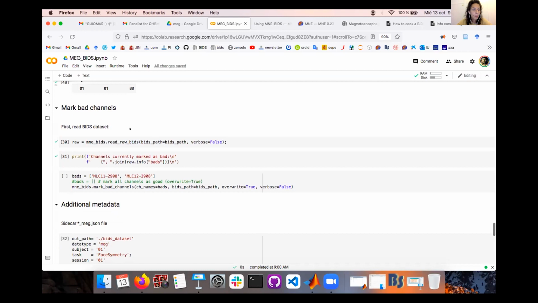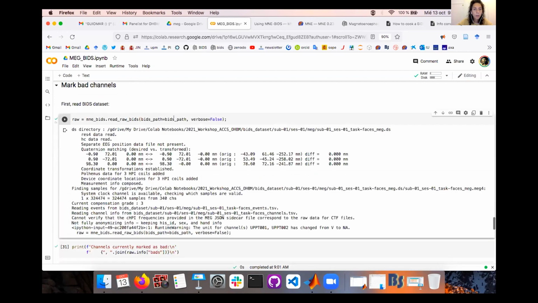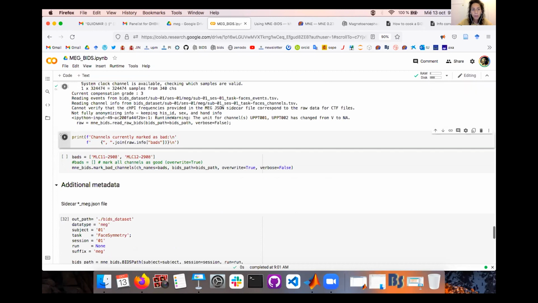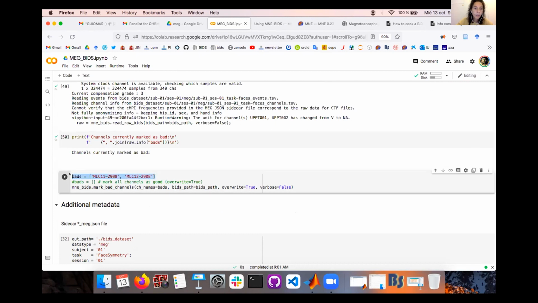And finally, well, not finally, but maybe you want to mark some channels as bad. If we read our BIDS dataset from our new BIDS path, the one that we have just created, and print which are the bad channels, there are no channels marked as bad currently. So we can say, okay, we know that these 2 channels were bad in this recording or in this session.